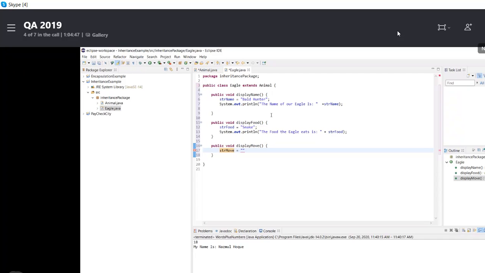Flies, right? Put flies. Okay, put semicolon and put a system out println. Plus